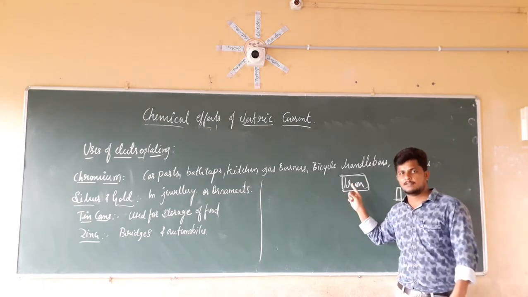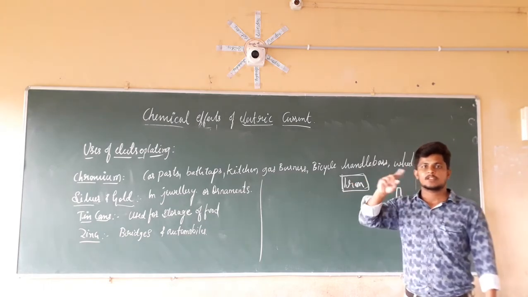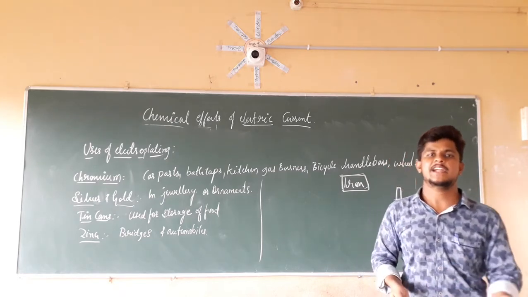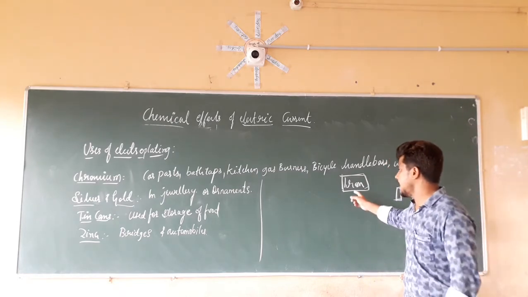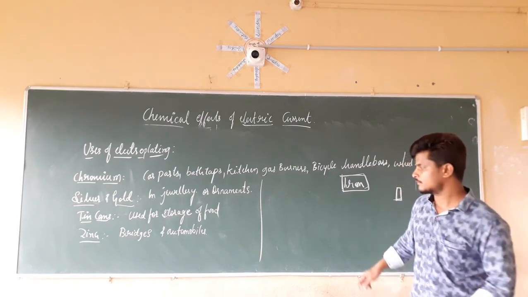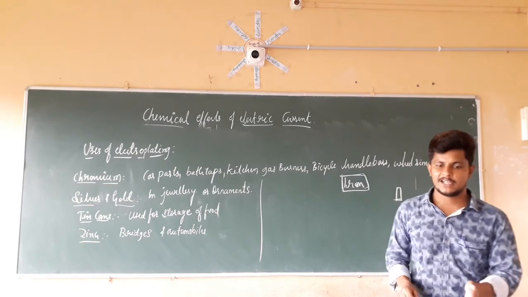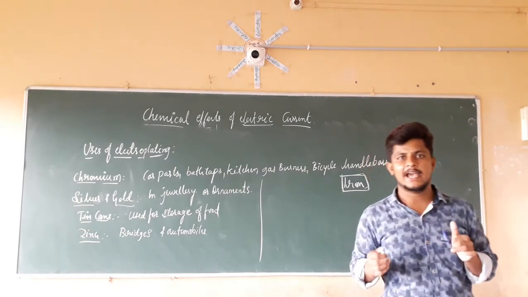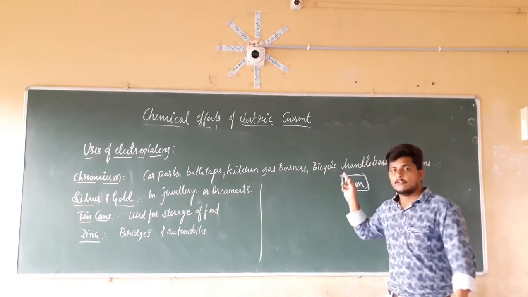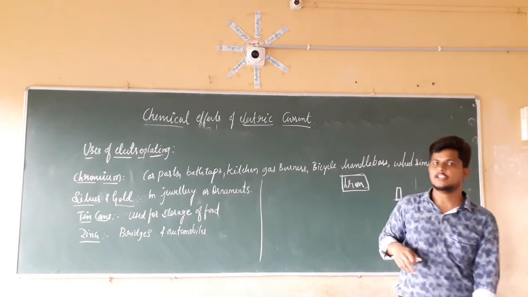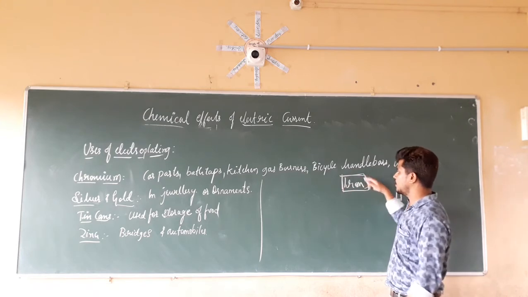In those cans, the first material is iron, and on it we have coated tin. Why did we coat the tin? So that we get the desired property. Since iron is a highly reactive element, it is going to react with the food particles stored in the can. If it reacts with the food, the food is going to get damaged. For that reason, we have a coating of tin.